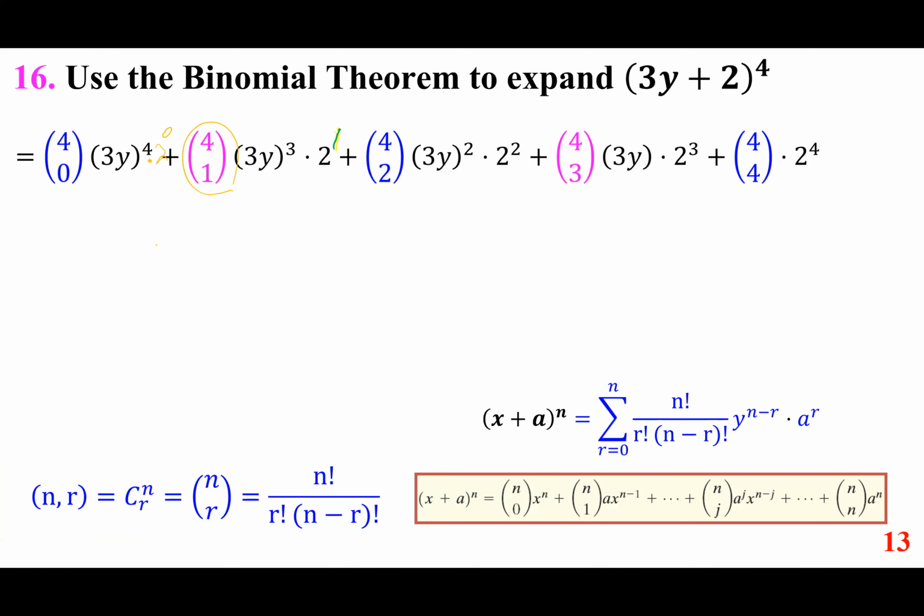So if I want to calculate this, it is 4 factorial over 1 factorial times 4 minus 1, or 3 factorial, which makes it 4 times 3 factorial divided by 3 factorial, which is 4. Okay. If I want to show you this one,